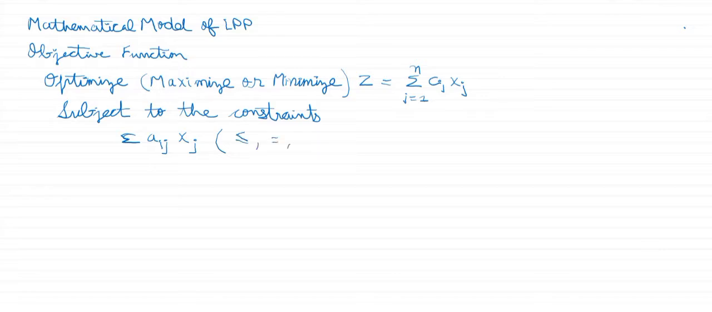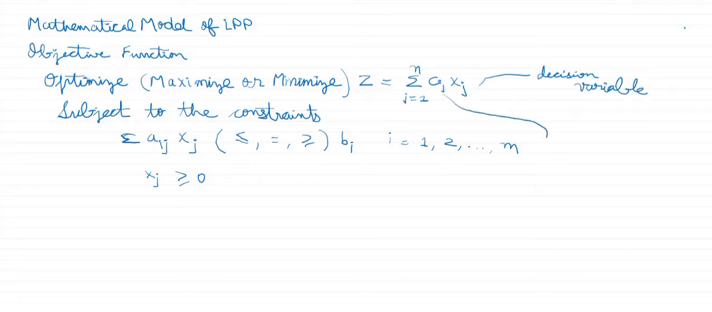It can be either less than or equal to, or greater than or equal to bi, and here i is from 1 to m, and xj will be greater than or equal to 0. Here this xj is our decision variable, cj is the coefficient which is the per unit contribution, then this aij,